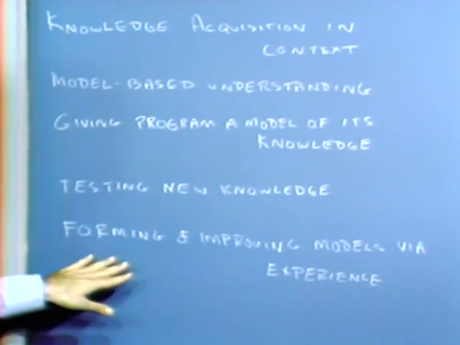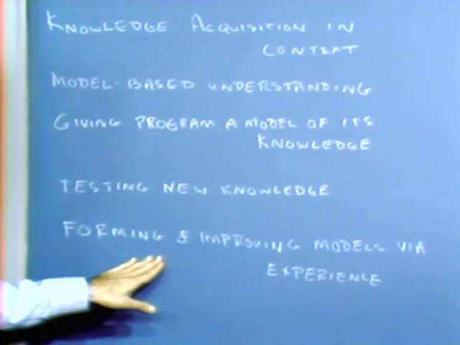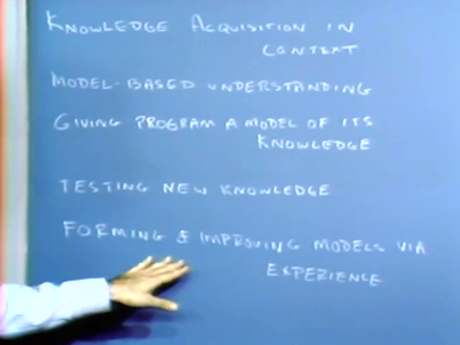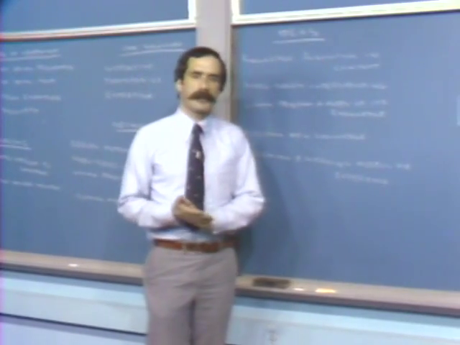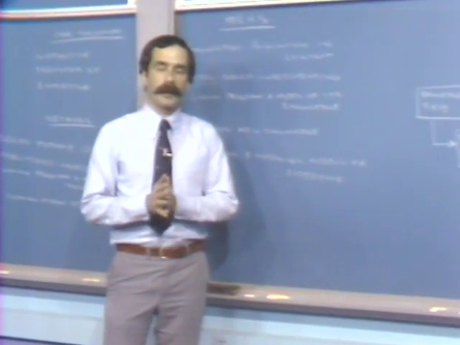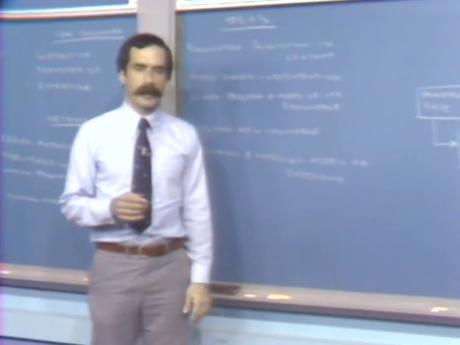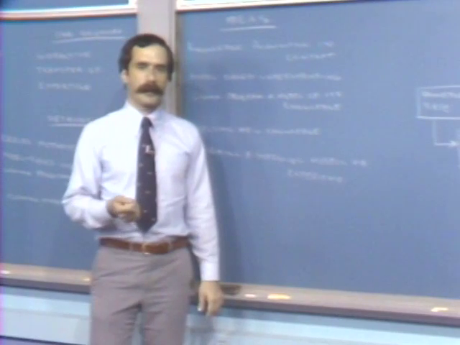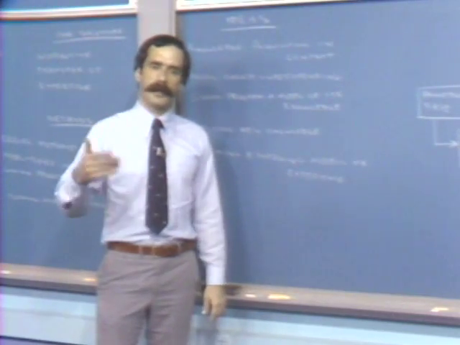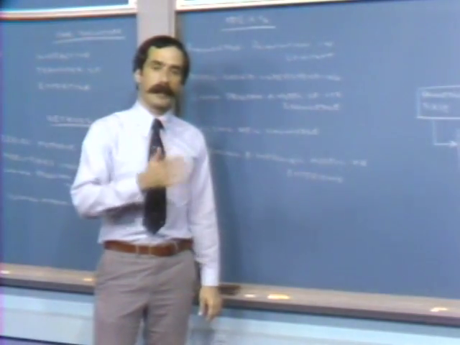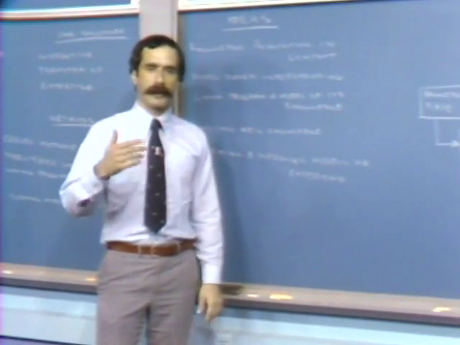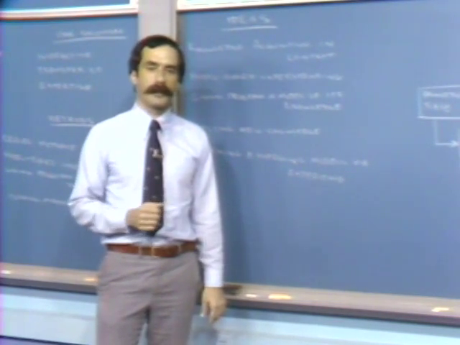And finally, it turns out that the rule models are not static. They're not hardwired into the system. Rather, they are formed and improved as a result of interacting with the expert. Now that's interesting because most systems that use this notion of model-based understanding had to deal with models that were hardwired into the system. That is, they were a static set of models that were there to begin with. And if we're going to do understanding as a process of comparing a model, in this case a rule model, against the kind of things we're seeing in the world, then the set of rule models is the sum total of what we're able to understand. The set of models constrains how much we know about the world.